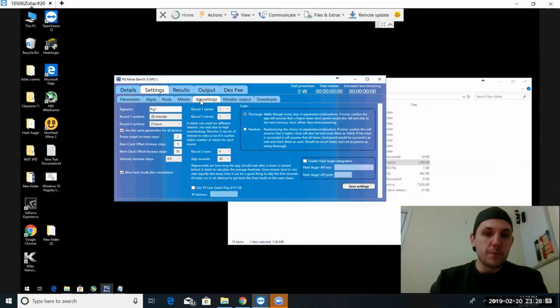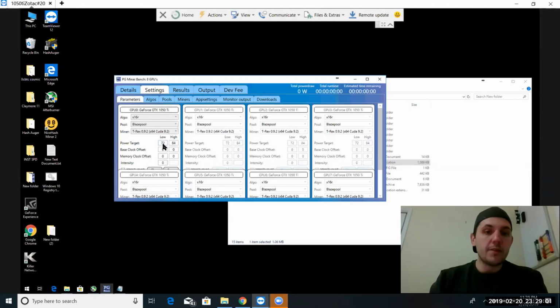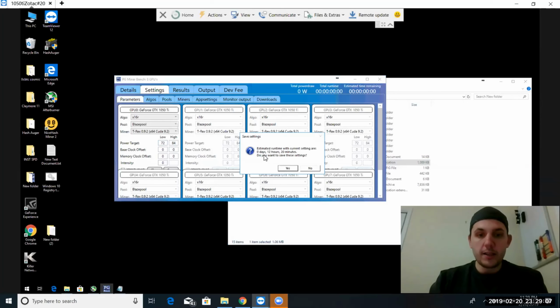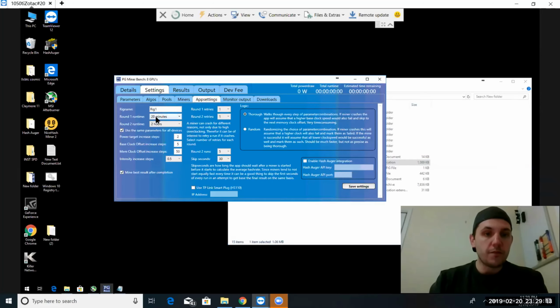Now, remember, because I have this power target increase in steps of 2, after each 20-minute round, starting at 72, it's going to increase by 2 until it gets to 84, and then the test will be done. So to calculate that, that's saying it's going to take 12 hours and 20 minutes to do that, because our first round is 20 minutes, our second round is 2 hours, and then we got 2 runs of 5. Now, if we back this down to 1,